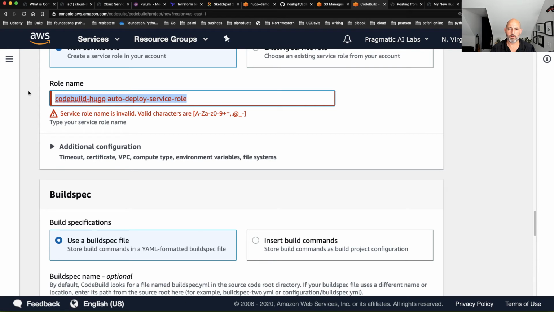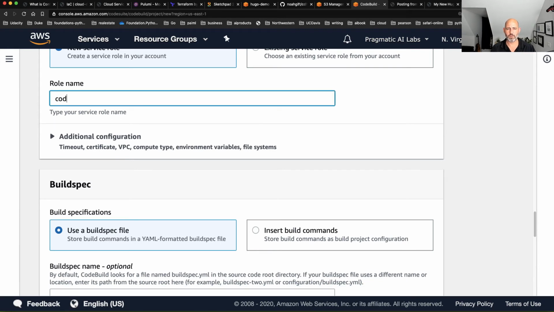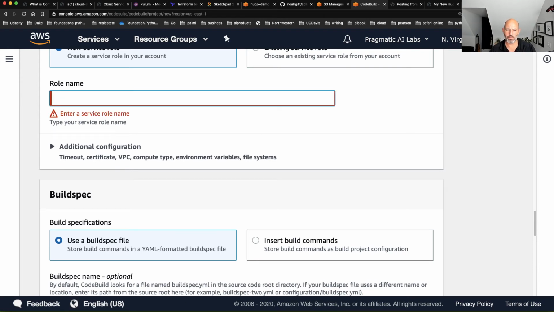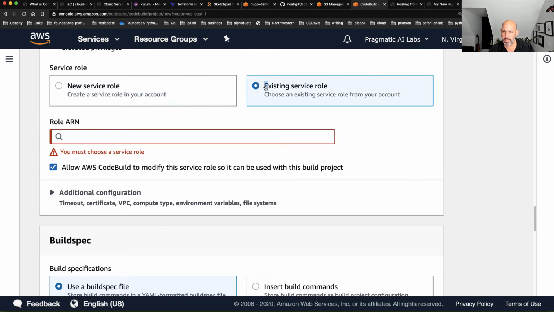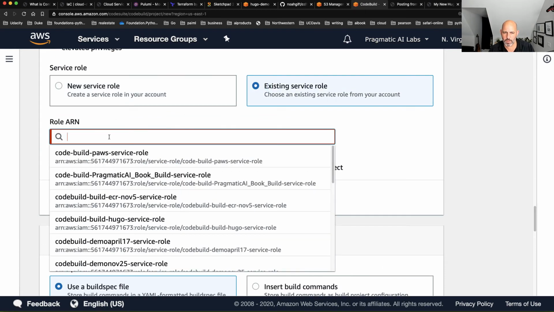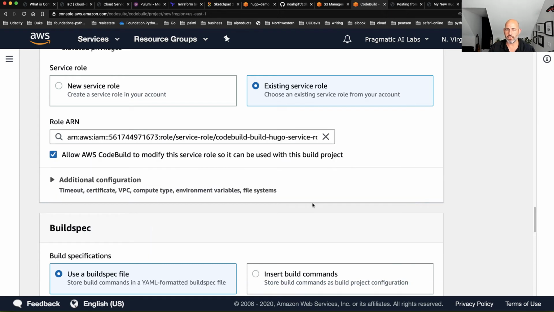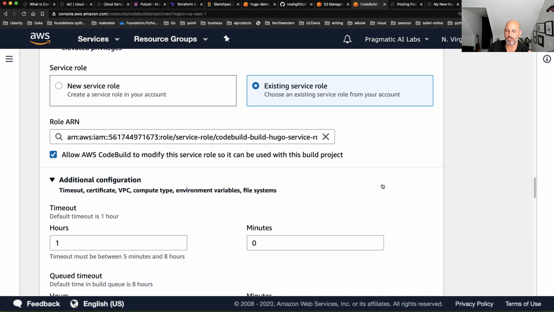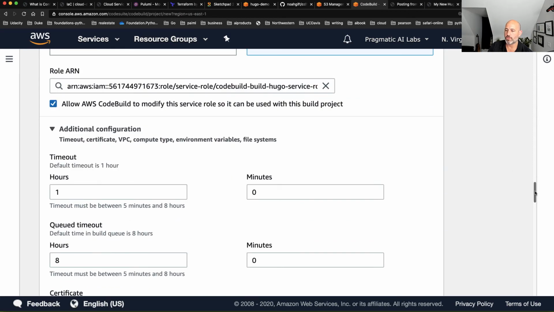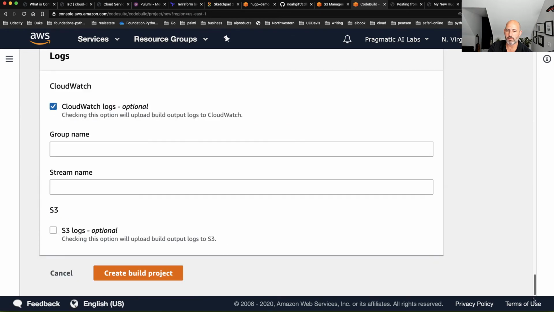Type your role name. So this might be a problem. Here we go, CodeBuild Hugo service role. Always make sure that you're using a service role that has the right privileges. I do document that in the information provided, but I won't go into it just for time's sake. So let's go through here and create the build project, and fingers crossed.